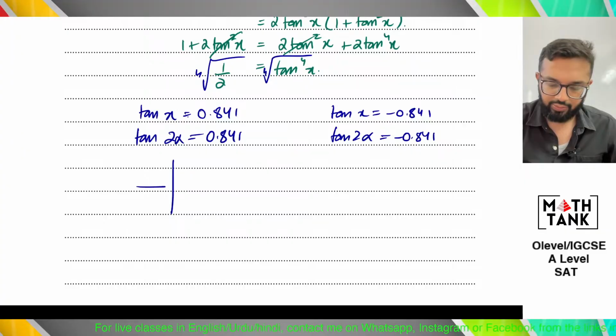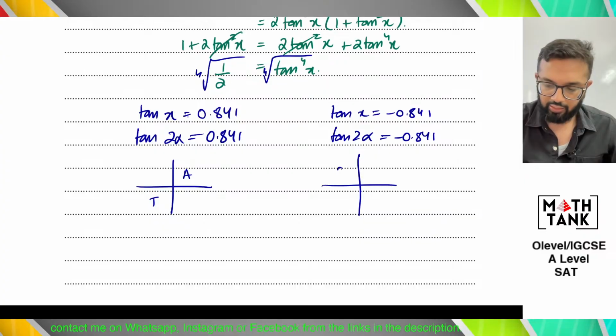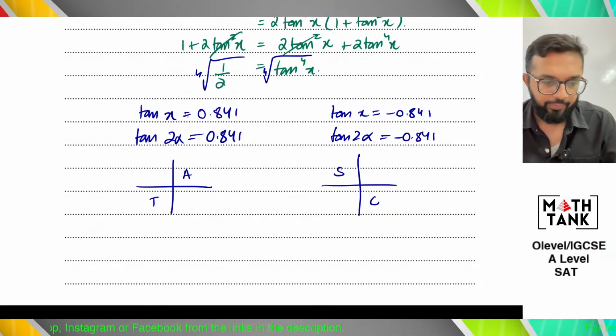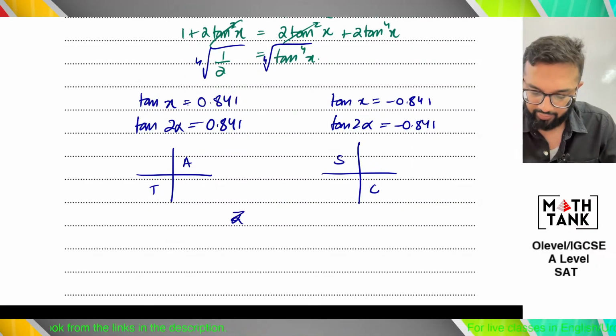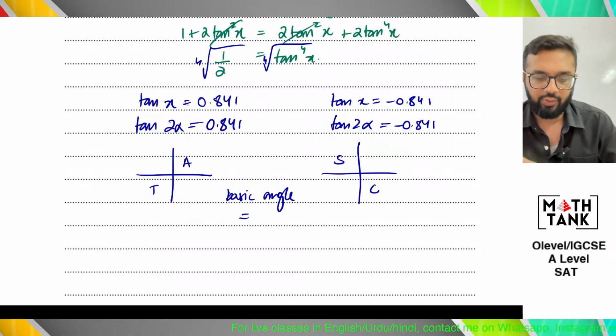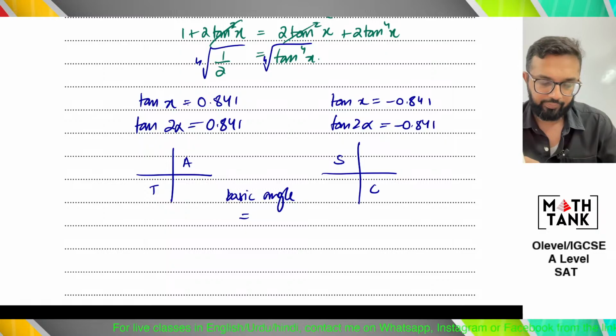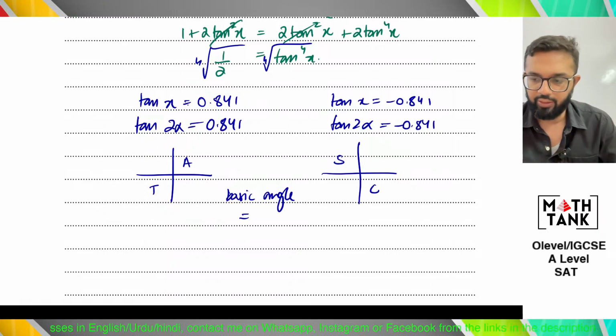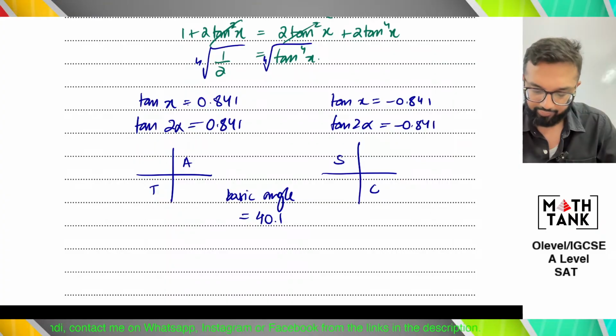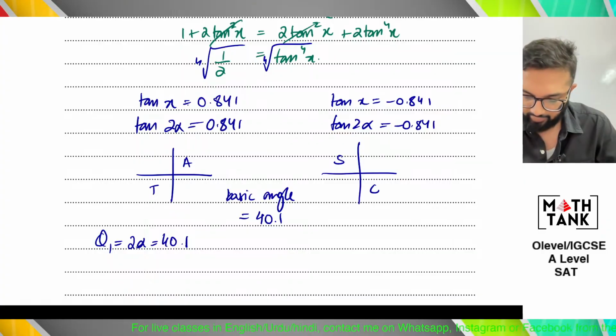I mark my quadrants. In this case, I am going to have A and T, and in this case, I am going to have S and C. Let's calculate our basic angle, which is tan inverse of 0.841, 40.1. So for quadrant 1, I have 2 alpha equals 40.1, and